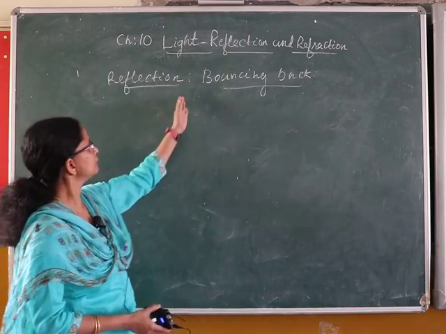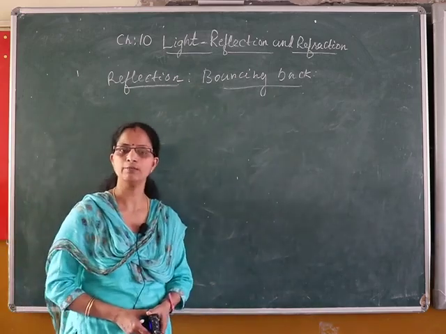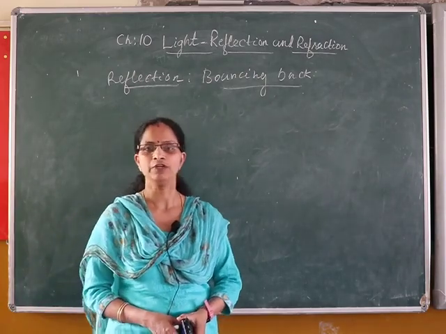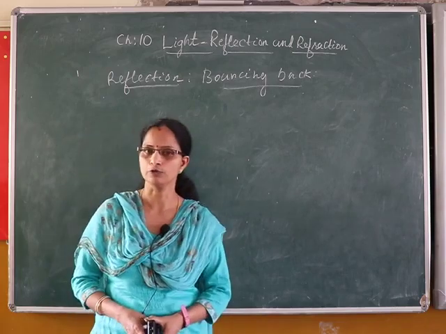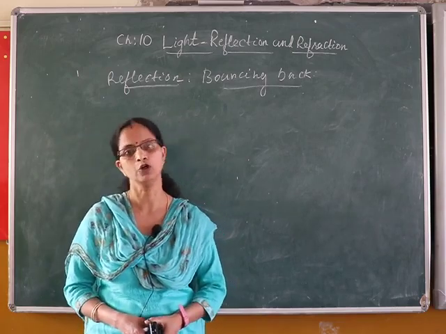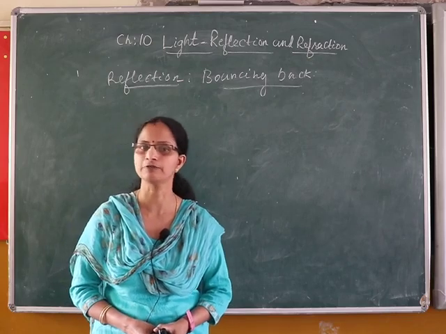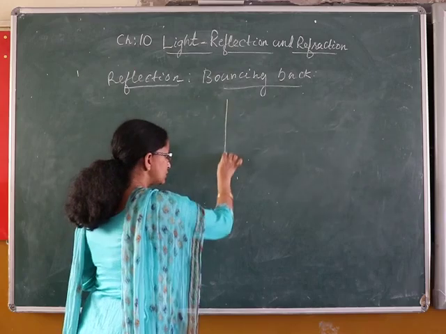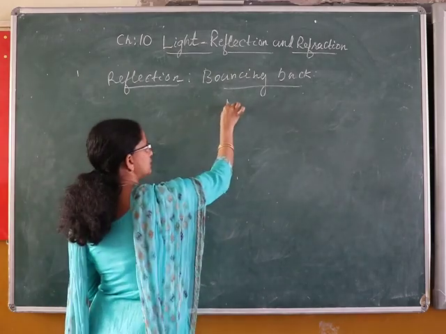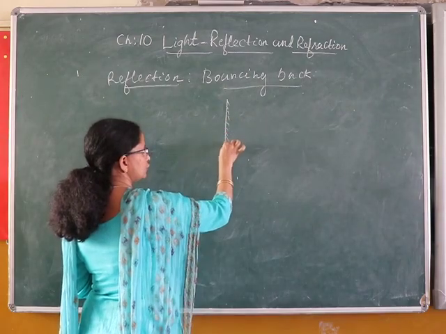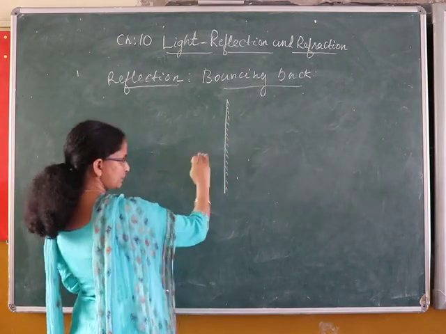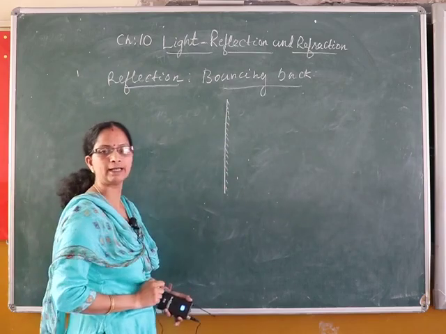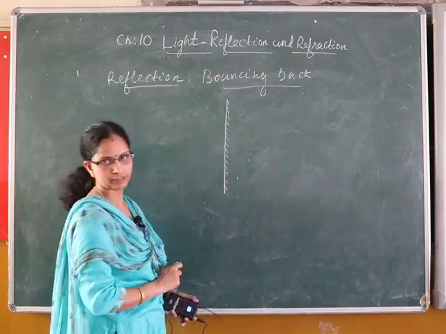So that bouncing back is known as reflection. Now, before moving to the topic of spherical mirrors, reflection obeys certain laws known as the laws of reflection. A smooth polished surface can be represented in such a way that the line shows the opaque surface, whereas the opposite side of that line is the polished smooth surface, which is acting as a reflecting surface.